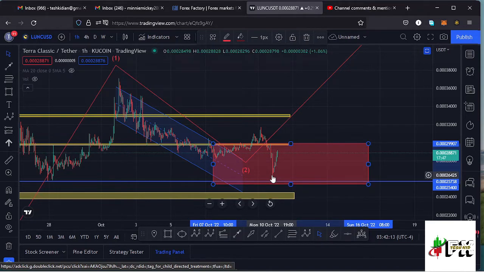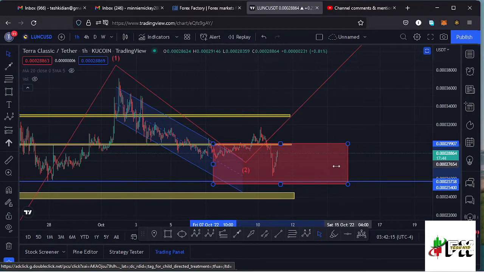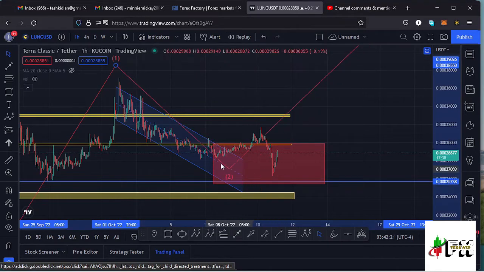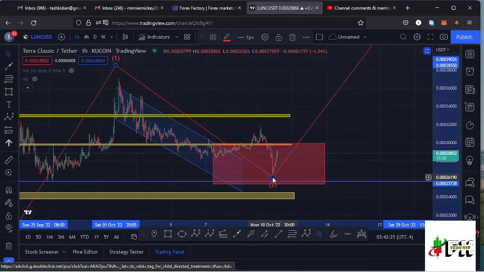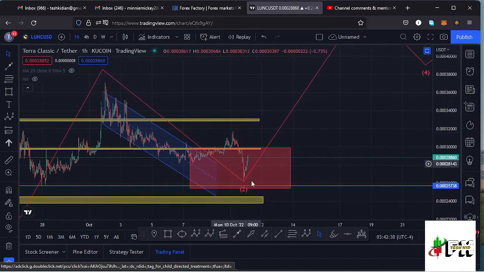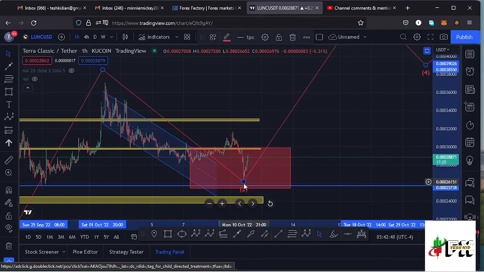$0.00026 mark, and that is very positive for Lunc because I think we had not yet maximized the formation of this second wave over here by making our low up here. So by now this seems to be realistic in a way, and I can now assume the low is in for that second wave, though we have not fully maximized that target area, but having made this low down here, this is a bit satisfactory, and there's a possibility that soon we are going to see a very impulsive movement